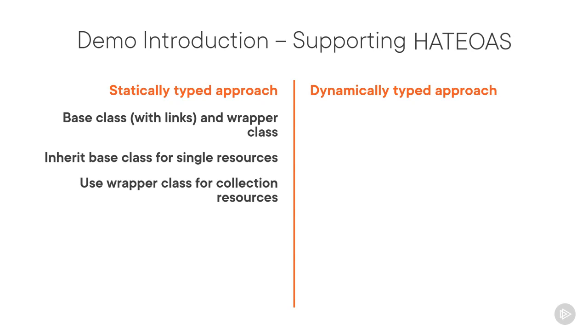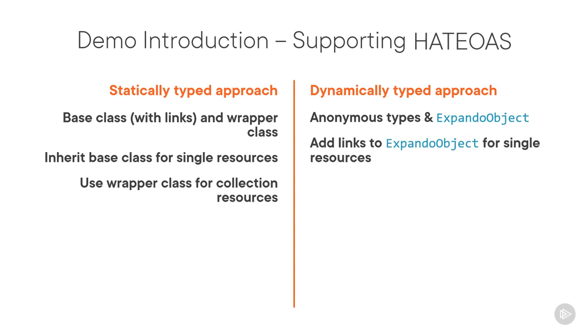Remember that we're working with dynamics in that case. And that brings us to the second approach. This one involves working with dynamics and anonymous types. If you look at what we did with the GetAuthor action, we know that that one no longer works with the author DTO. It works with an expando object, which is a dynamically typed class that allows